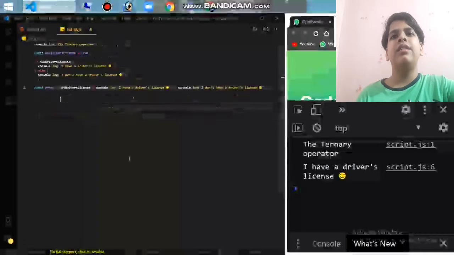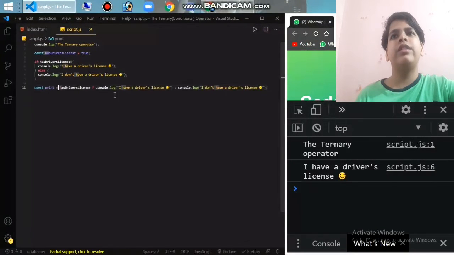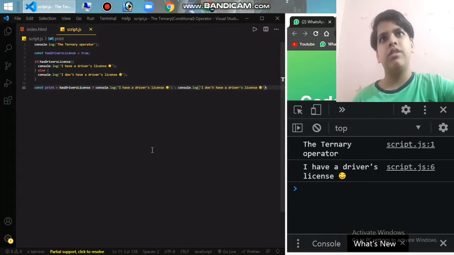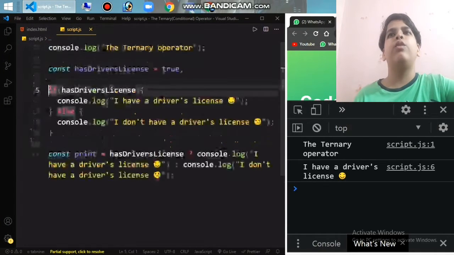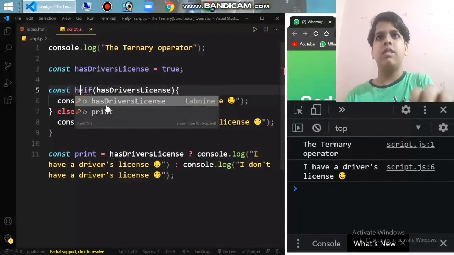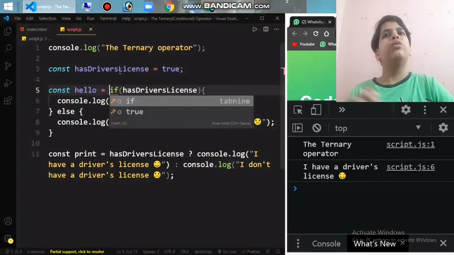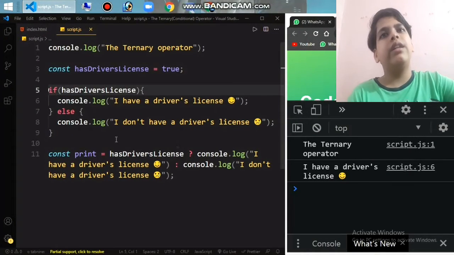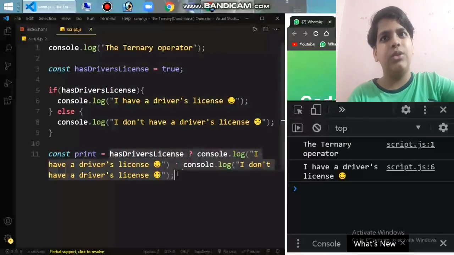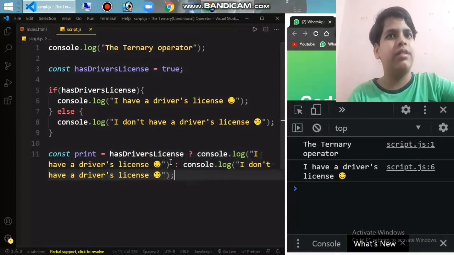And why I'm storing it in a variable is because the ternary operator is itself an expression. So this whole thing will produce a value. But I can't write a variable before the if-else. I can't do this, because this is an if-else statement, so it will return no value. But the ternary, on the other hand, returns some value, so I can just store it in the variable, and I can use it for one line of code.